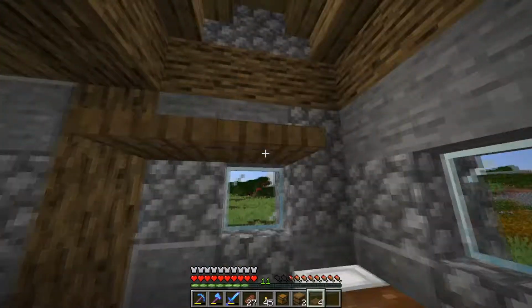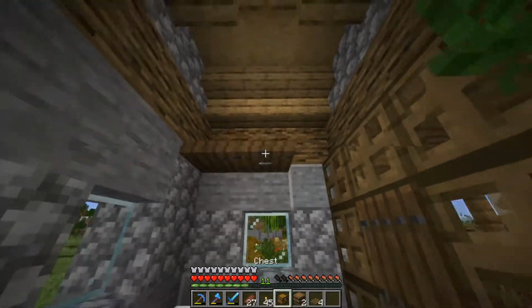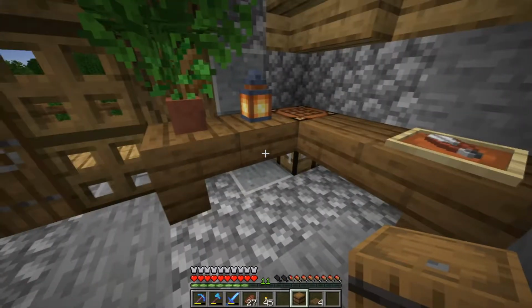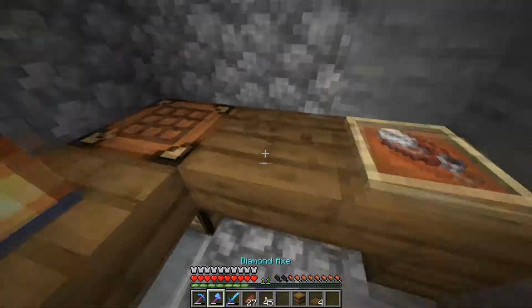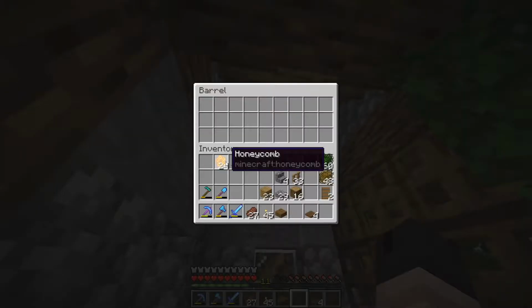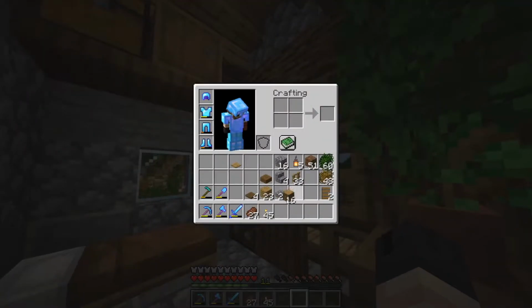We can do a barrel and a chest up there. That looks kind of cool. And I want to put one more. I think we'll just tear this out and put it right there. That way this has a little bit of storage. We'll put all of our shears in here. We'll just do it like that. And then we can store our honeycombs in one of these or whatever. And then I wanted to very quickly...